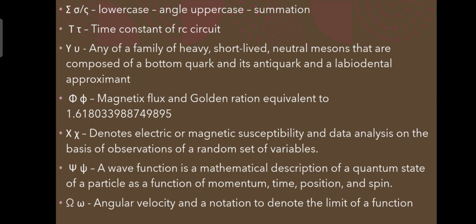Tau, time constant of an RC circuit. An RC circuit is a circuit having a resistor and capacitor. Upsilon, any of a family of heavy, short-lived neutral mesons that are composed of a bottom quark and its antiquark, and a labiodental approximant. Now we have phi, magnetic flux and the golden ratio equivalent to